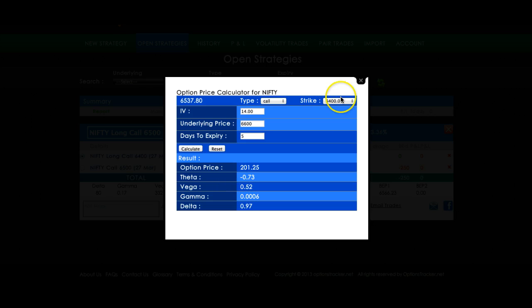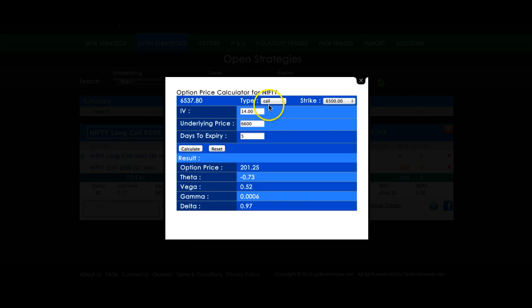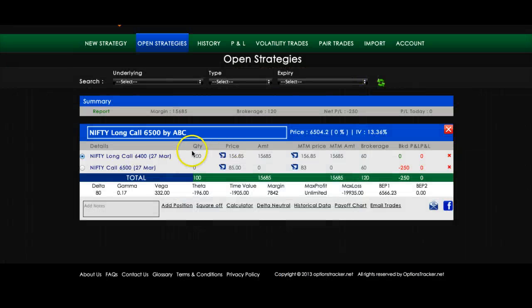Of course, you can use the same calculator for calculating the price of any strike and whether it's a call or a put. The one which gets preloaded is the position which you have selected when you click on